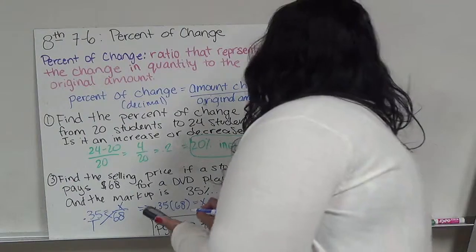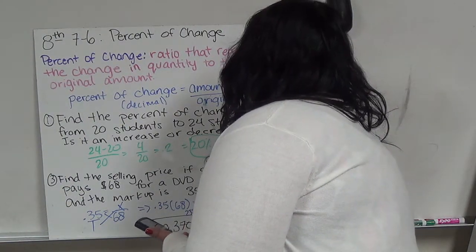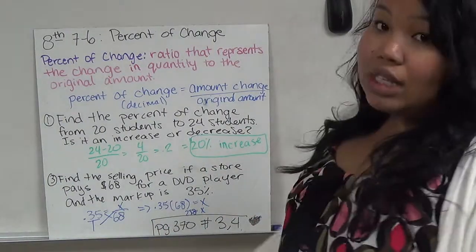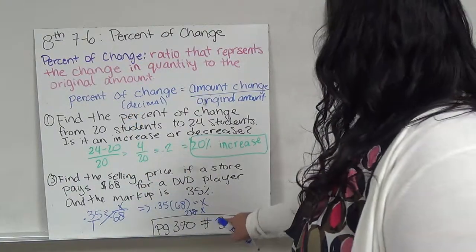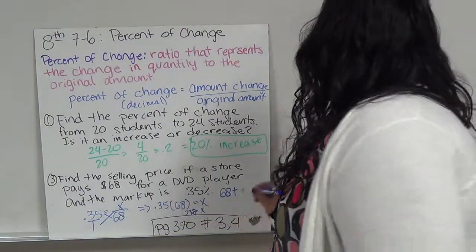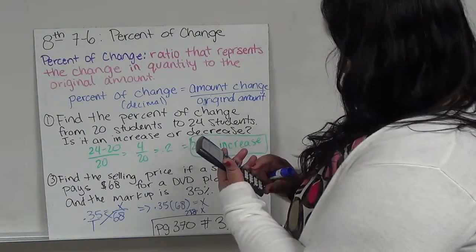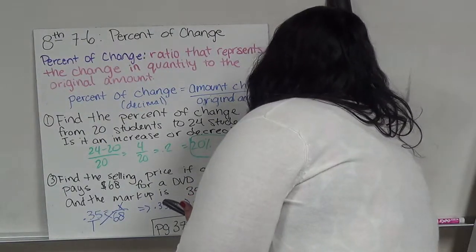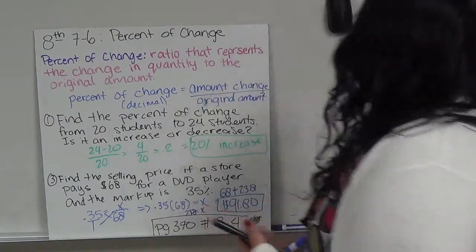Which is x equals 23.8. Does this mean they're selling it for $23.80? That's not what that means. That means that the rate that they're increasing it is 23.8. So that means if I add 68 plus my markup, which is 23.8, I should get 91.8. So that means the price of the DVD player would be